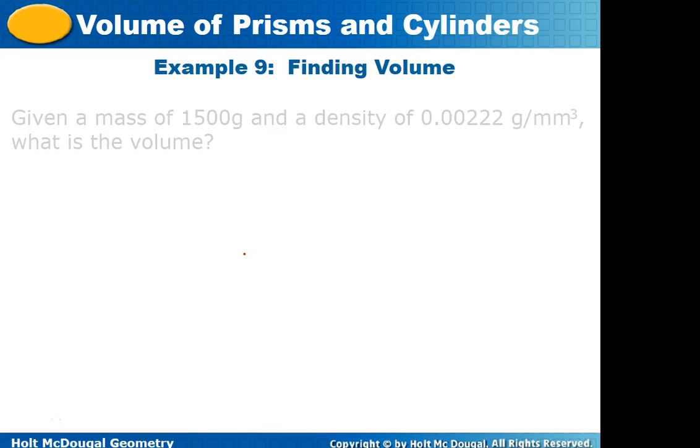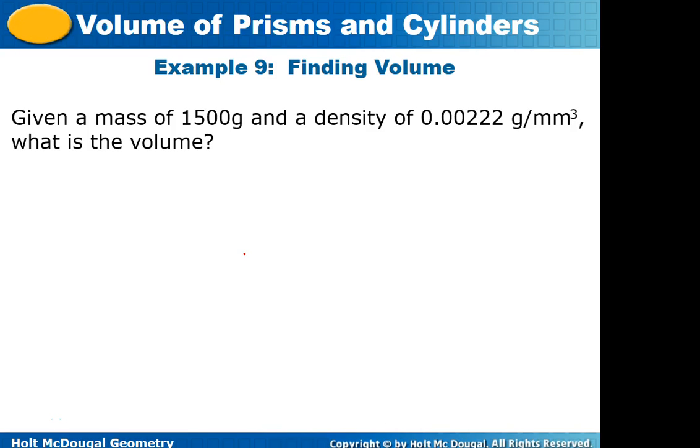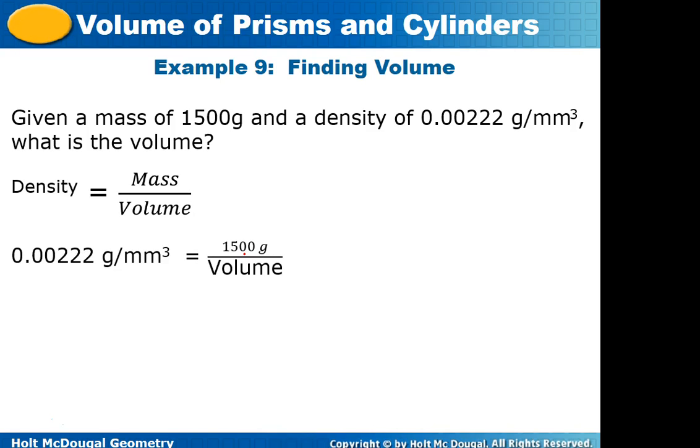So our next problem says, given a mass of 1,500 grams and a density of 0.00222 grams per millimeter cubed, what is the volume? So once again, we're going to use our same formula. The difference is this time we're populating different things. So this time we are given our mass and we need to solve for our volume. Now, if you should recall, when we were doing trig, our sine, cosine, and tangent, we told you guys that you could swap these two things. Hopefully y'all remember that. And so we're going to divide that 1,500,